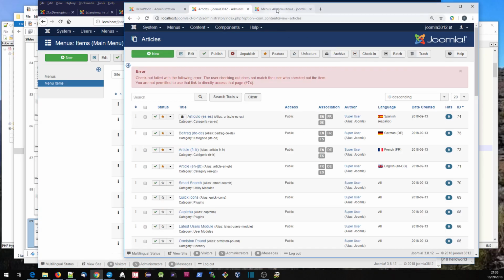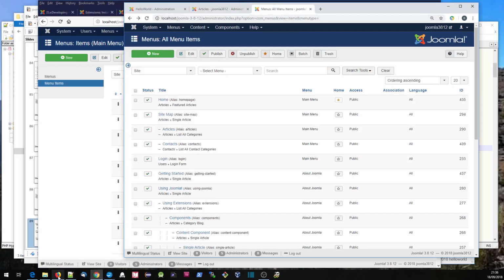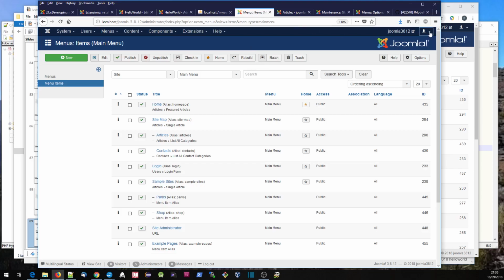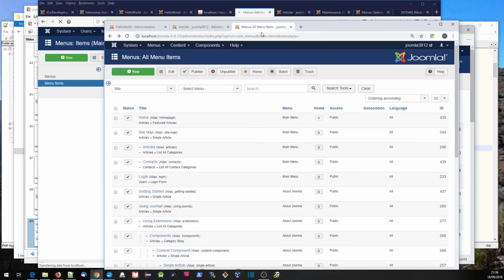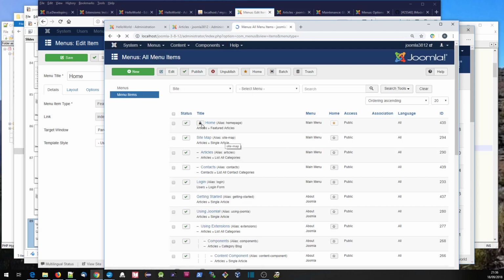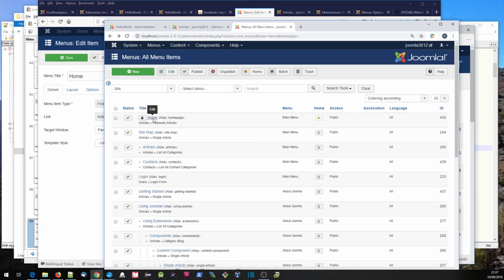Here we've got menus. So if I go on here, this is the super user. I click on the home menu, and then I'll go over to Chrome. Once that stops, I'll refresh this. There we go. And you can see it's locked there. It's been checked out by another user. However, if we click on that,